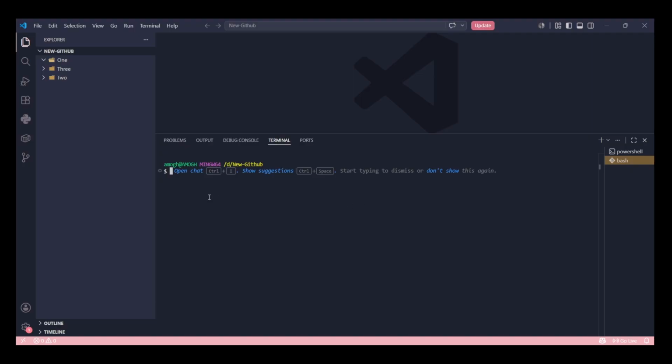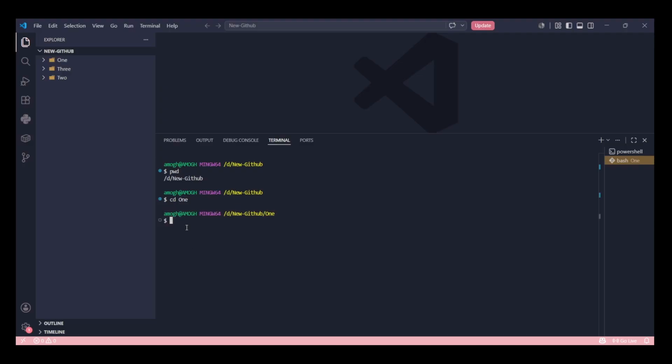Right now I'll check my current working directory. Just ignore these commands for right now. I'll explain them in detail tomorrow, as tomorrow is completely dedicated to Git Bash itself. pwd gives me the present working directory. Right now I am in my new folder, and I want to go into the one folder. In that folder we will be tracking our files and making it our Git repository. So for that, cd one. Now we are in the one folder.